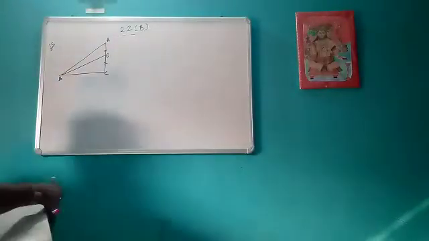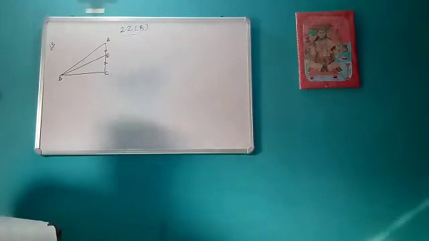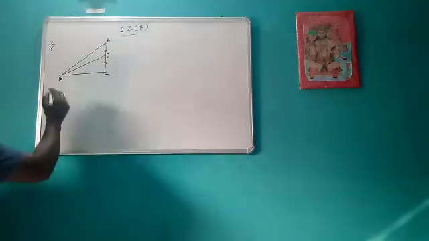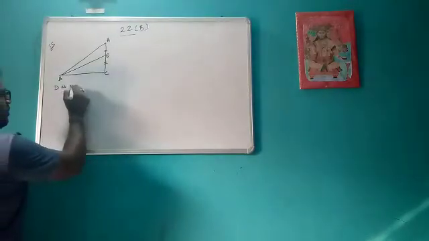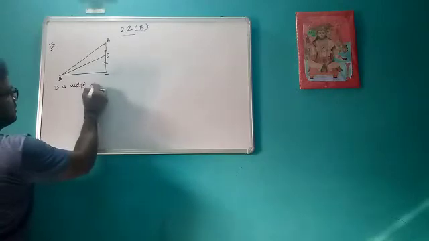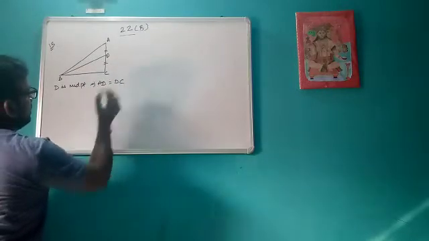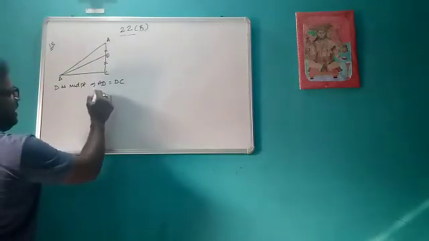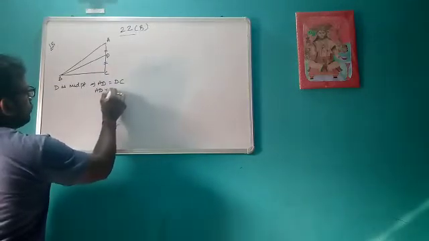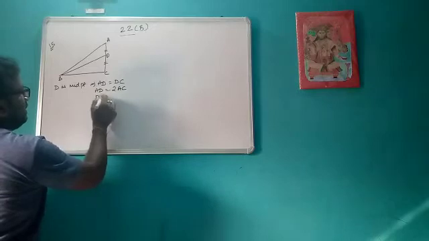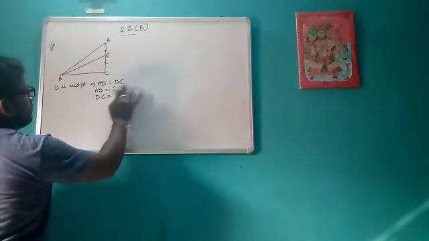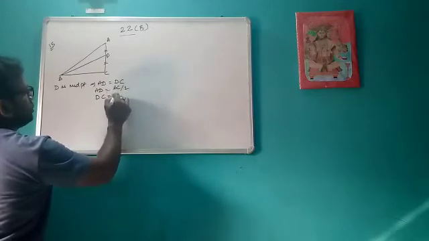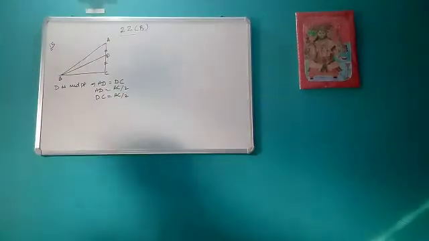Okay, let's discuss one more type. In this question, this triangle and D is the midpoint is given. So we can write D is the midpoint. That means AD will be equal to DC. Or a few more things we can write: AC equal to twice AD and twice DC, that is AD equal to AC by 2 and DC also equal to AC by 2. Okay, we will try to use these values.